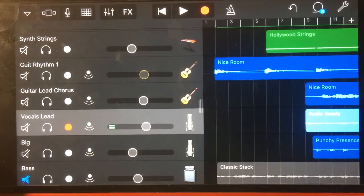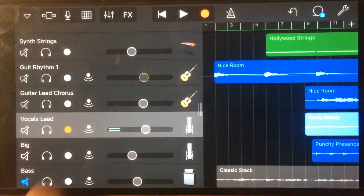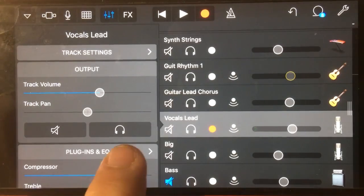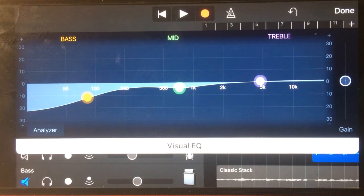So number 3 is, and we're getting into the top 3 now, number 3 is EQ. The EQ settings that we have here in GarageBand are a lot better now, but they are still not great. If we jump in here and go into this vocal track, and go to the effects and our plugins and EQ, you can see here that I can create an EQ curve, but the options